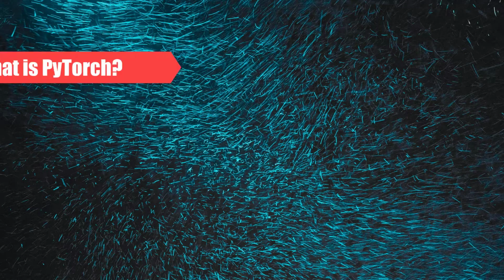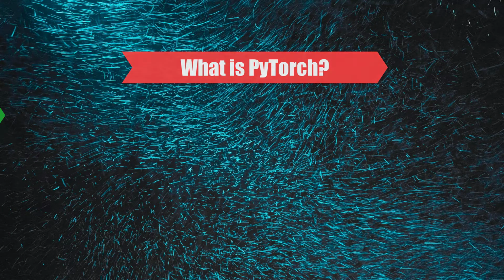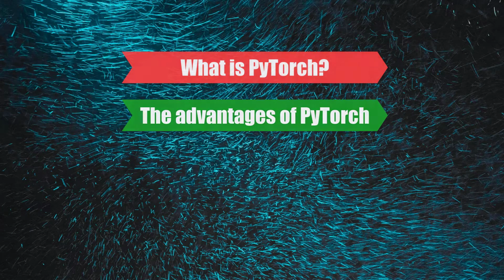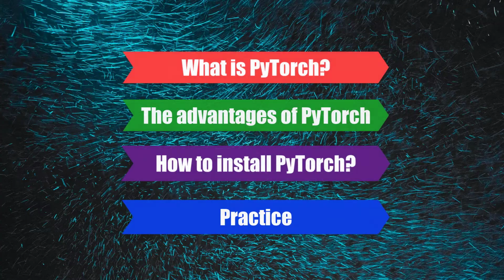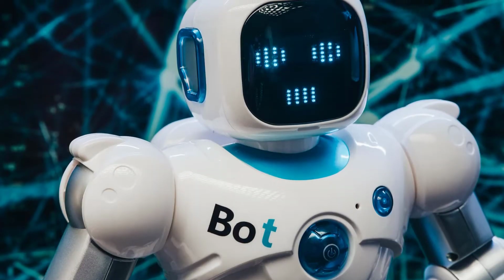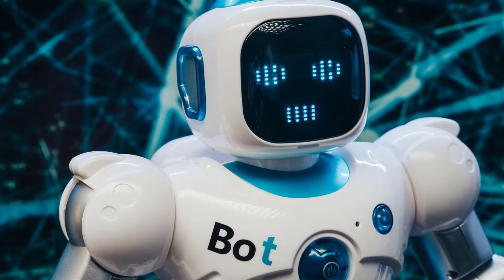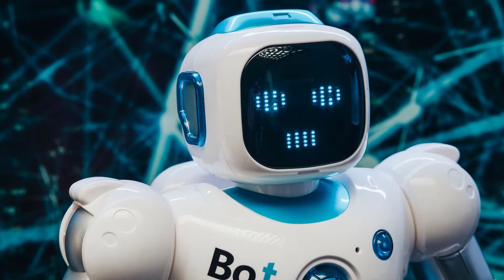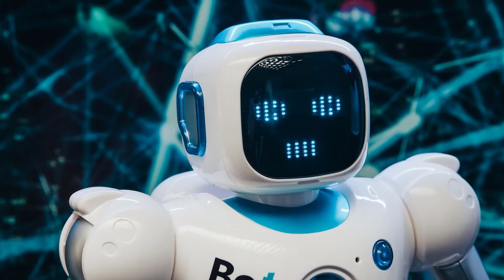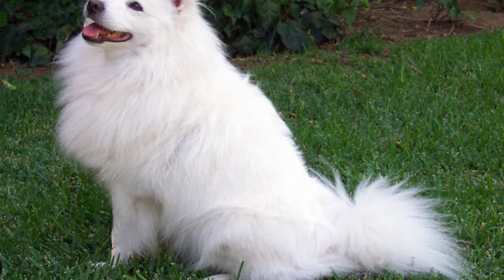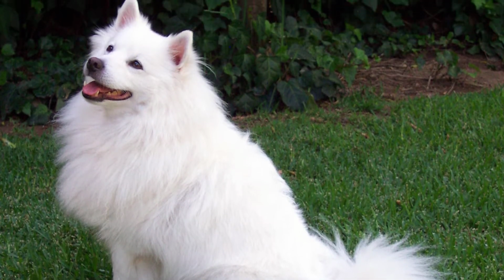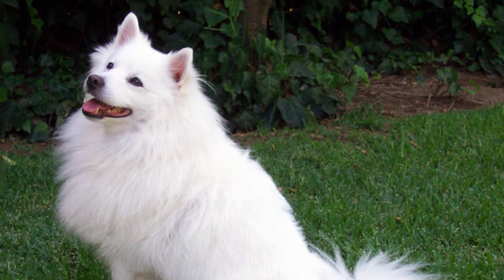In summary, first of all, I will cover what PyTorch is. I will talk about the advantages of PyTorch. Next, I will show you how to install PyTorch. Finally, I will explain how to use a pre-trained model in PyTorch. I will get a picture from the internet and predict the class of this picture using PyTorch. This is a perfect example for a beginner who wants to learn PyTorch. In this example, I will use a dog picture and predict the dog genus. You can use a different picture such as tea or flowers.